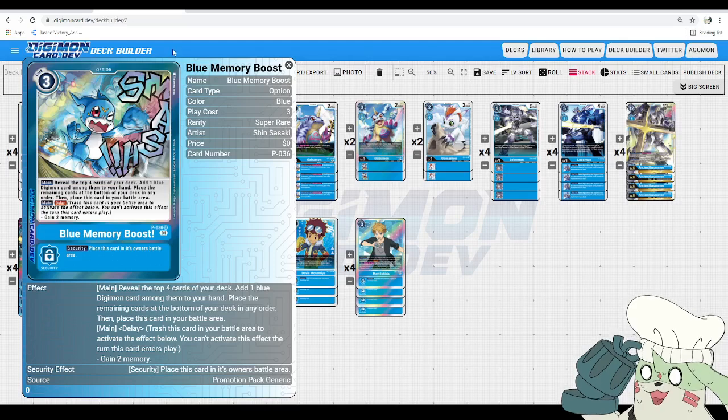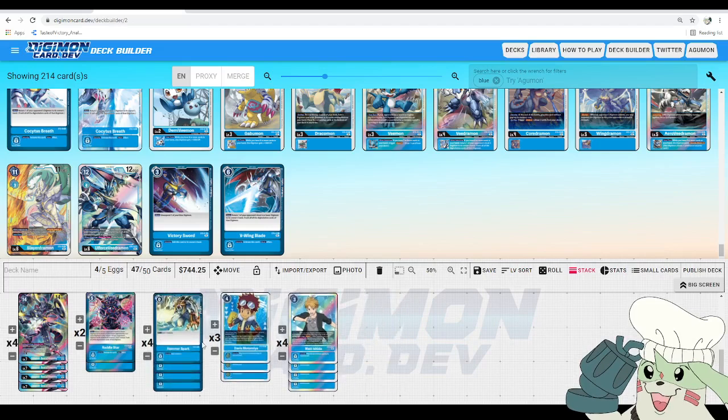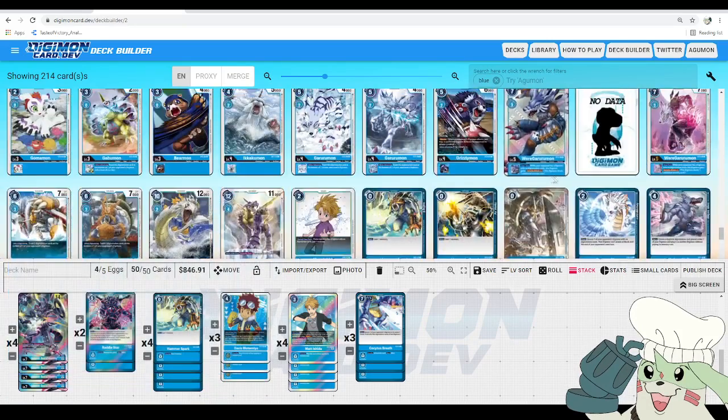So first of all, yeah, you add 3 blue memory boosts. Like, that is a huge necessity. In a memory boost place for the pre-starter deck BT6 meta, you can basically just run more options to make security more threatening. So like Cocytus Breath makes security more threatening, or you could run, I believe it was